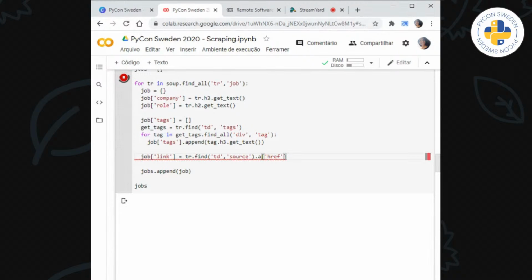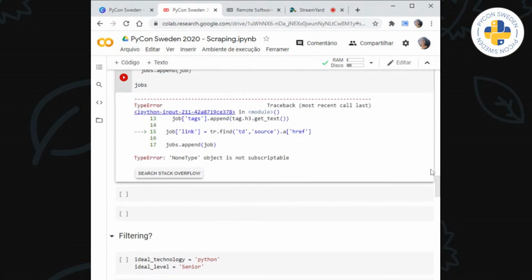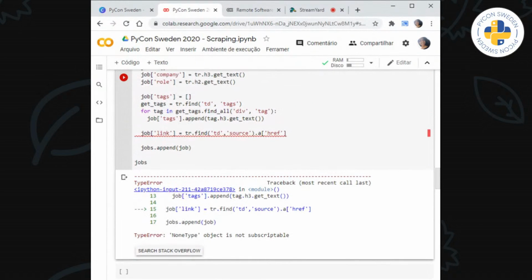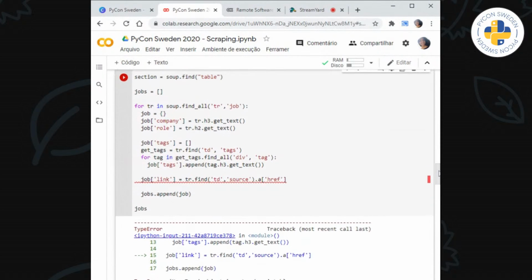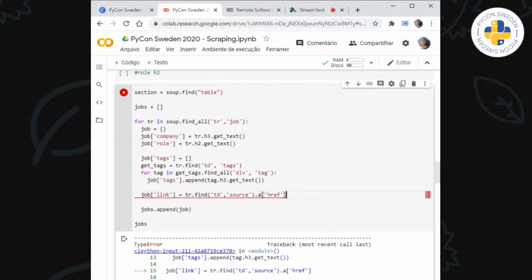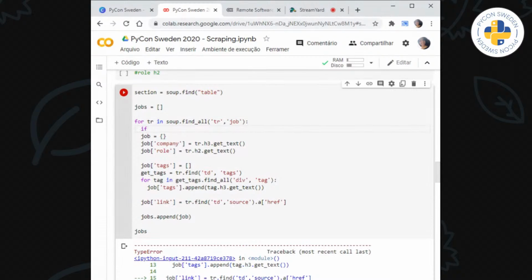Oops, something's wrong. Let's see what it is. Okay, bugged. Something is wrong, but it doesn't show. Okay, let's see. Yeah, of course. As I said before, there are job posts that don't have a link because they are outdated. So I'm going to put an if in here.